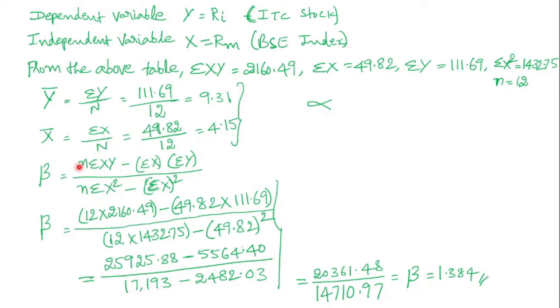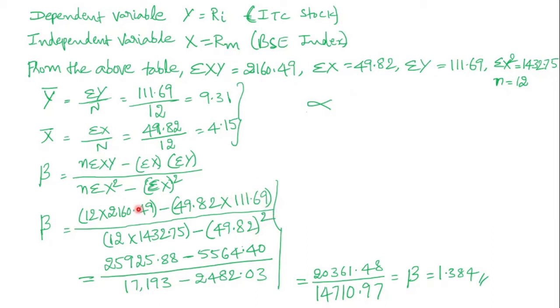Beta is equal to n, 12, multiplied with sigma xy. Sigma xy is 2160.49, minus sigma x, 49.82, multiplied with sigma y, 111.69, whole divided by 12 into sigma x square. Sigma x square is here 1432.75 minus sigma x whole square. Sigma x value is 49.82